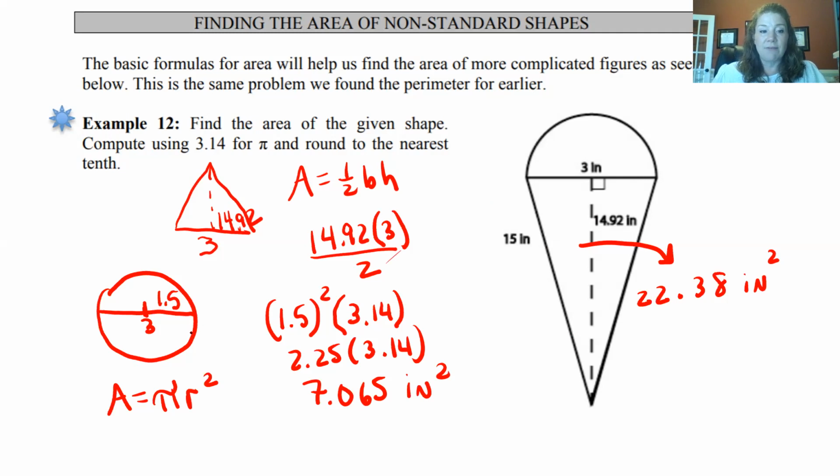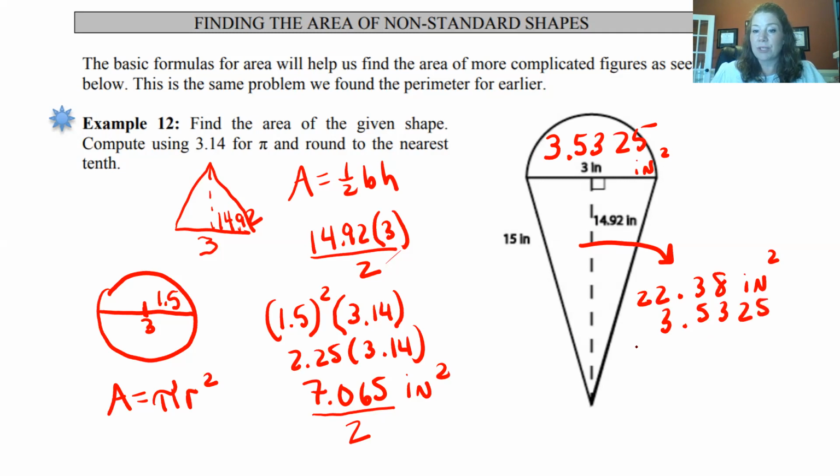This would be, if we had a whole circle, that would be the area. So since this is half a circle, we still have to divide that number by 2. So now I have the area of half a circle is 3.5325 inches squared, because it's half a circle. So now we're going to add our 2